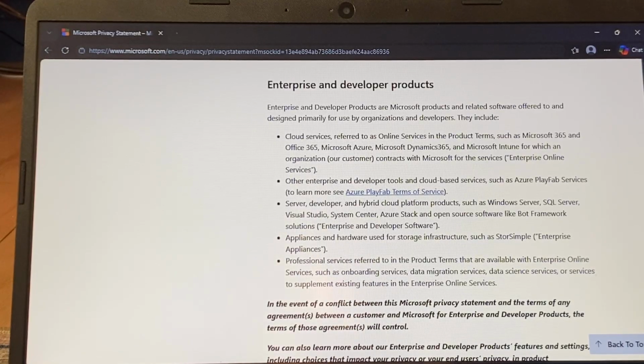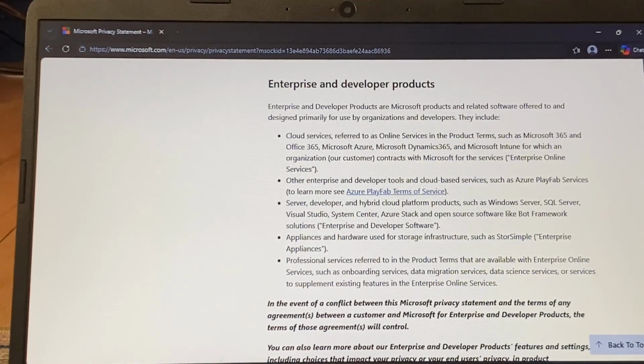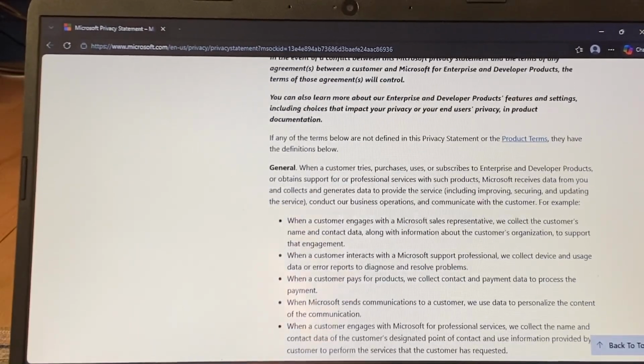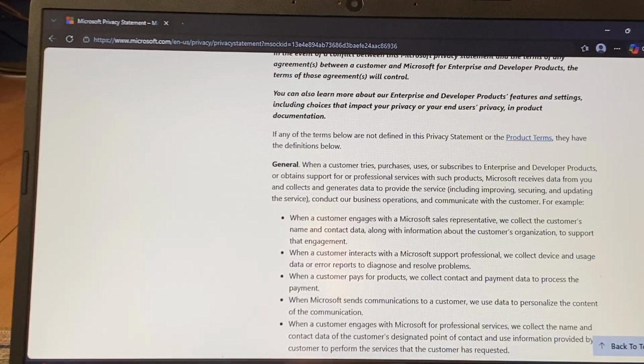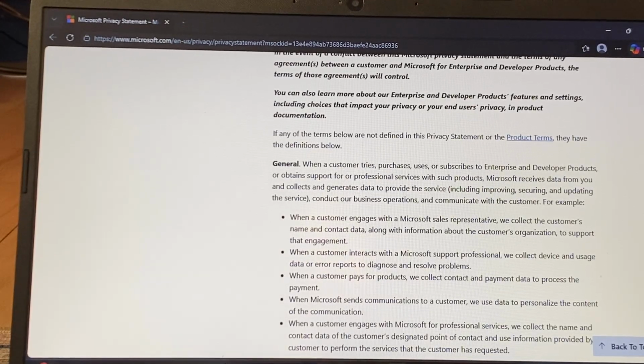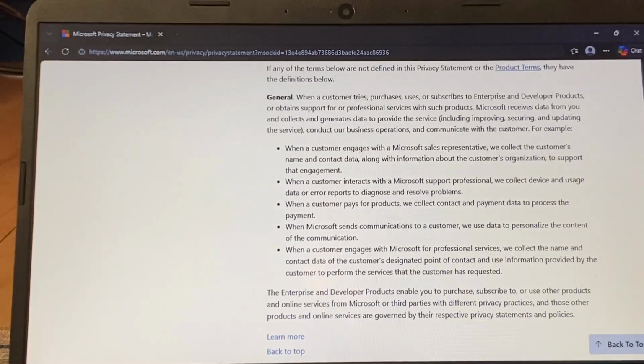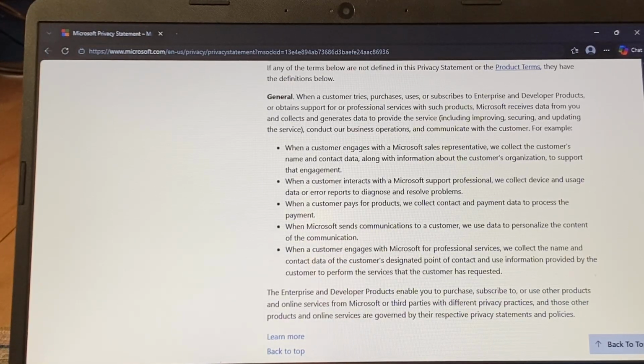In the event of a conflict between this Microsoft privacy statement and terms of any agreements between a customer and Microsoft for enterprise and developer products, the terms of those agreements will control. You may also learn more about our enterprise and developer products, features and settings, including choices that impact your privacy or your end users' privacy, in product documentation. If any of the terms below are not defined in this privacy statement or the product terms, they have the definitions below. General. When a customer tries, purchases, uses, or subscribes to enterprise and developer products or obtains support for